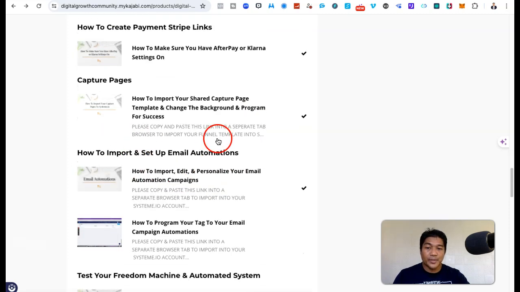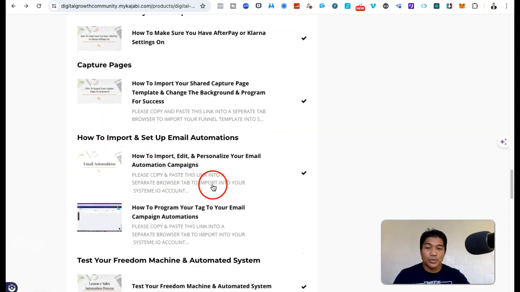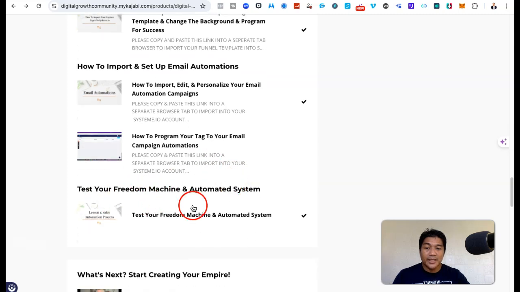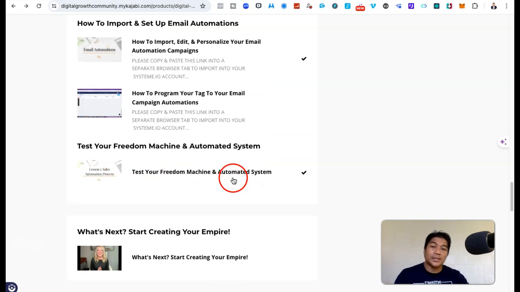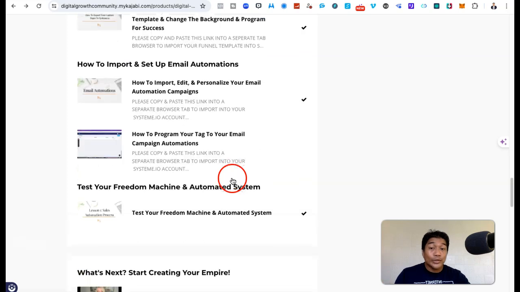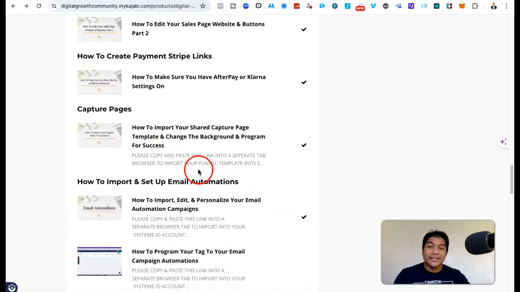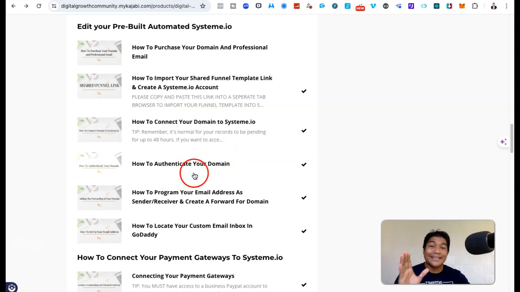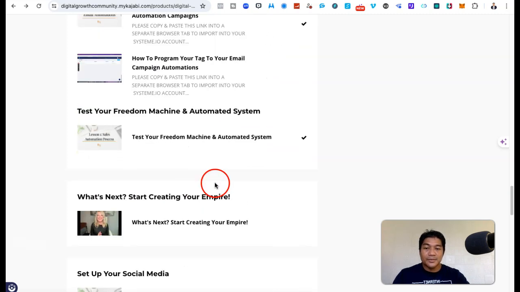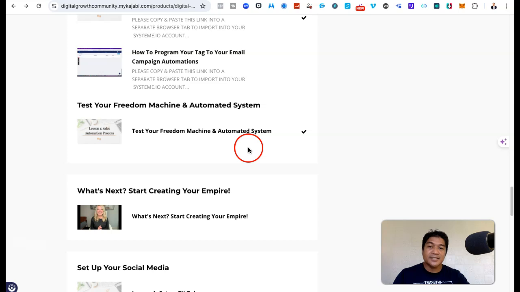This is our capture page, how to set up emails, automation, everything. Then you will test. You can do this in 2 days. Importing the panels is easy, but connecting your domain and authenticating it sometimes takes a few hours.